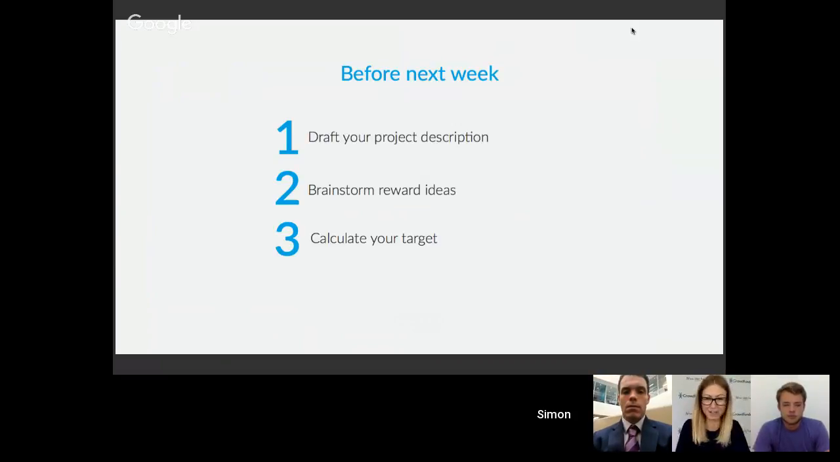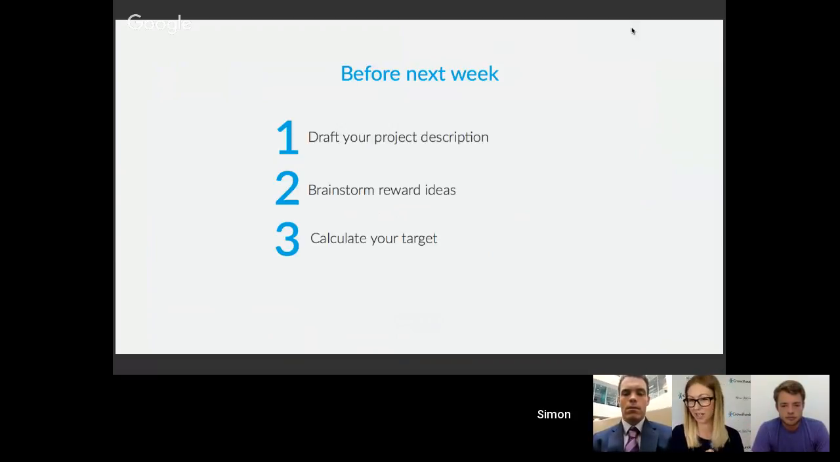So before next week, there's a couple of things that we would definitely advise that you get on and start doing. So start doing a draft of your project description. It doesn't need to be final. You can, of course, go back and edit and tweak, but start writing. Brainstorm some reward ideas as well. Start to think about some different ideas. It doesn't matter how crazy or bonkers they are, different things that you might be able to offer,